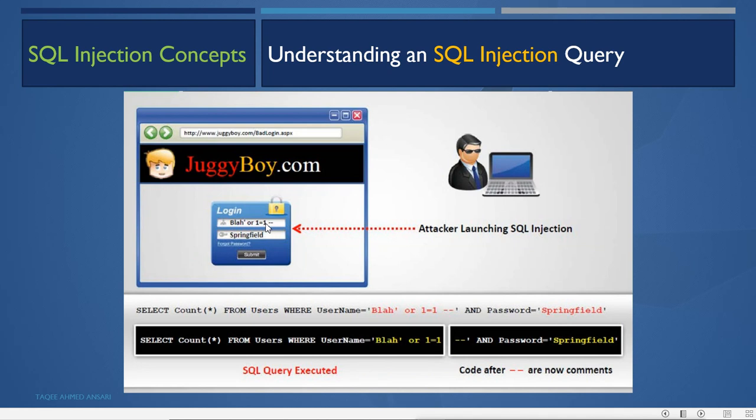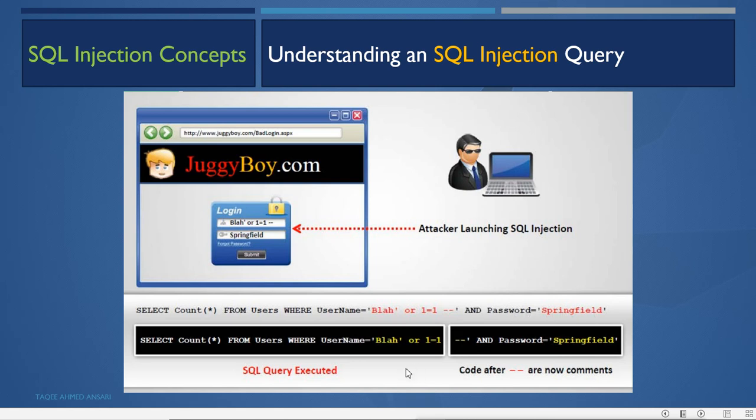These two hyphens mean that whatever comes next, ignore everything. So what will the query become when the attacker tries to forward this? It will become like this query: select star from users where username is equal to blah or 1 is equal to 1, and the rest of the thing will be hyphen hyphen, and password is equal to this.